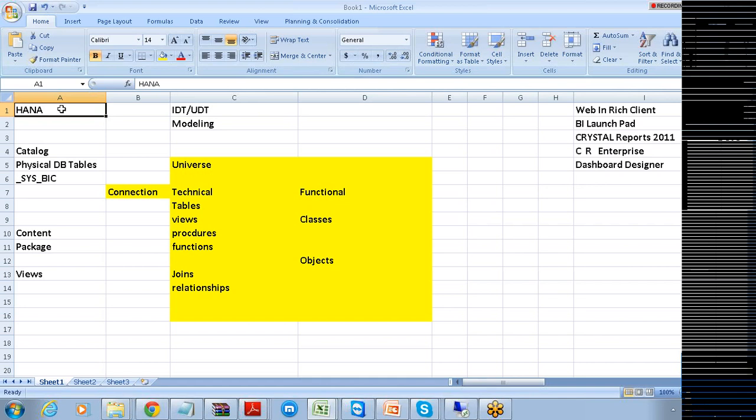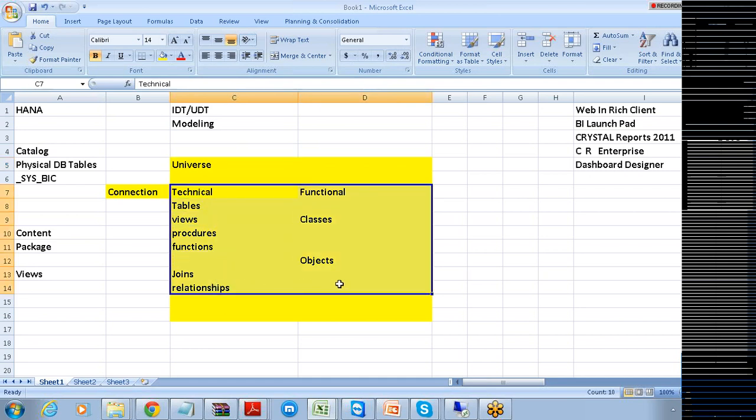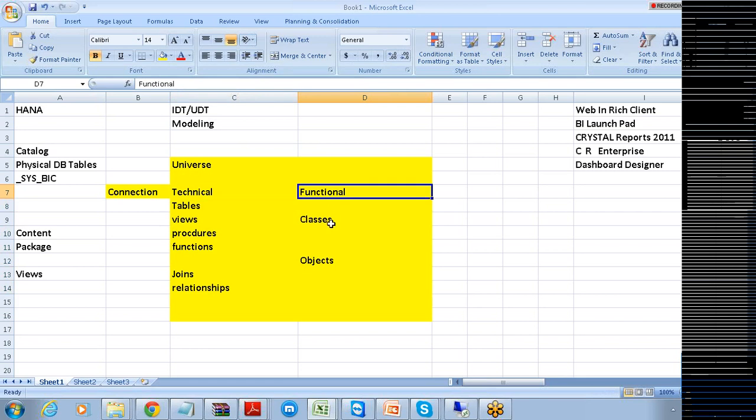So when both communication mediums are different, we need to have some translator layer or the techno-functional layer that converts your business queries into SQL queries, and then starts talking to the HANA information present in that database. For this purpose, the universe we create is expected to be a technical and functional layer. This functional layer contains two things. One is the classes, and the second thing is the objects.